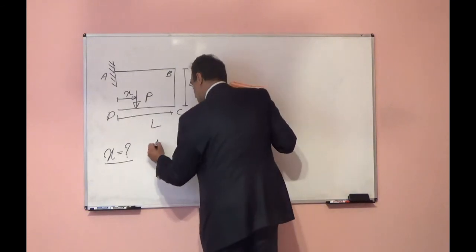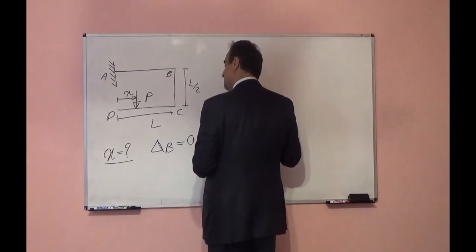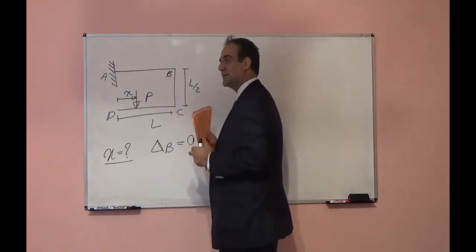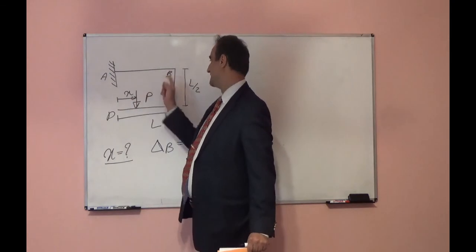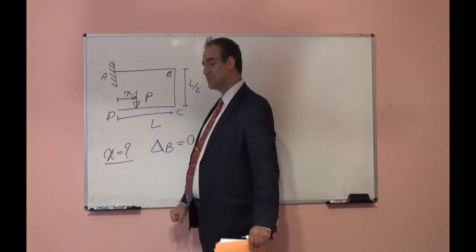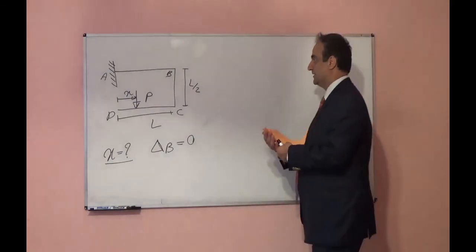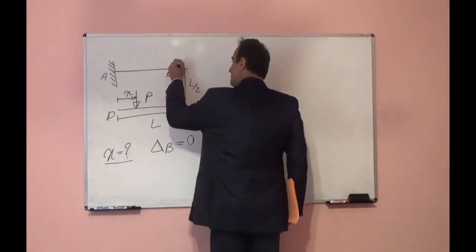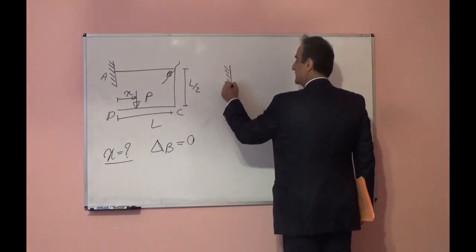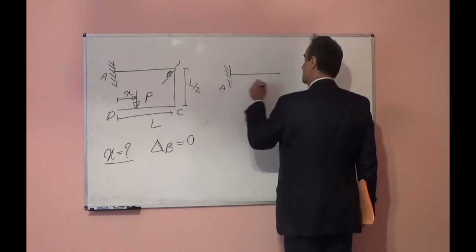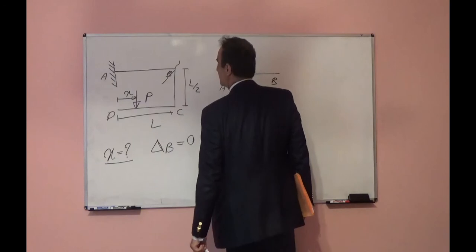So we know the vertical deflection at point B is equal to 0. Now what is X, where I should apply P in order to have vertical deflection at point B equal to 0? This is the problem. Very simple problem. Let's see, if you cut here, what is happening? You have this cantilever beam AB. This part will apply one load here,